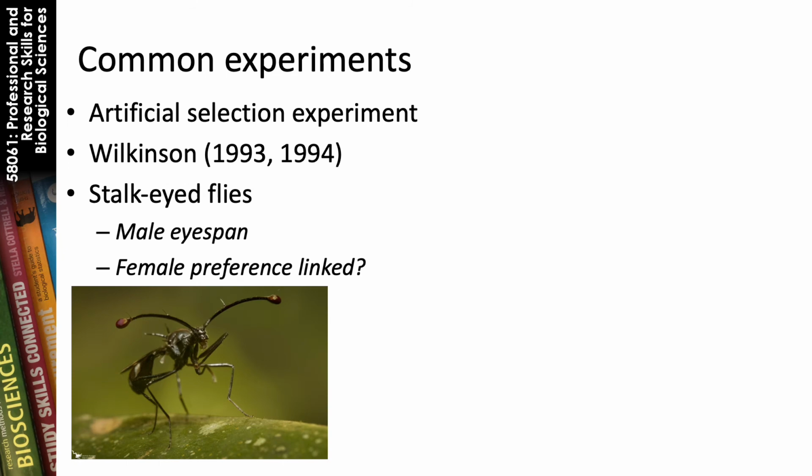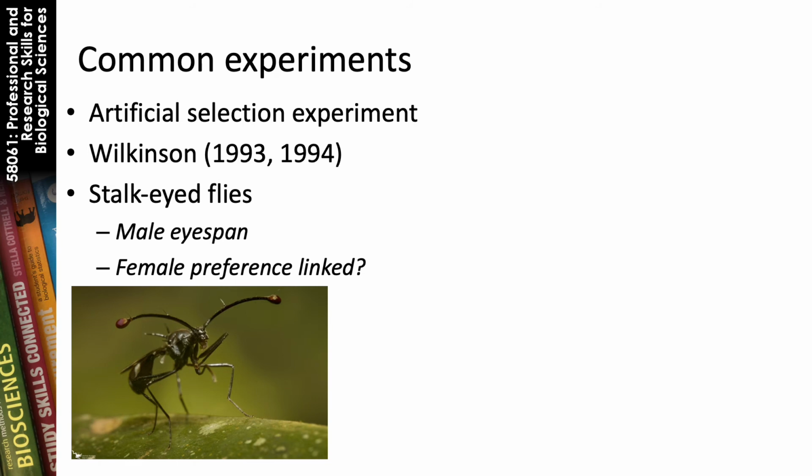And then finally, we have the artificial selection experiments. Artificial selection experiments are where researchers create genetic lineages of experimental animals, and they subject one line to particular kinds of selection and another line to another kind of selection. And over generations, they observe changes. And this can be a very, very powerful way of detecting linkages between traits. For example,